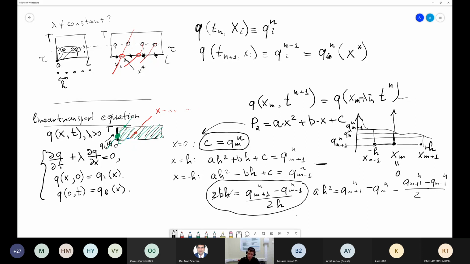Eventually, a is equal to q m plus 1 n minus q m n divided by h squared, minus q m plus 1 n minus q m minus 1 n divided by 2 h squared. It looks as if I made a mistake, or no. No, it's okay. So the final formula is